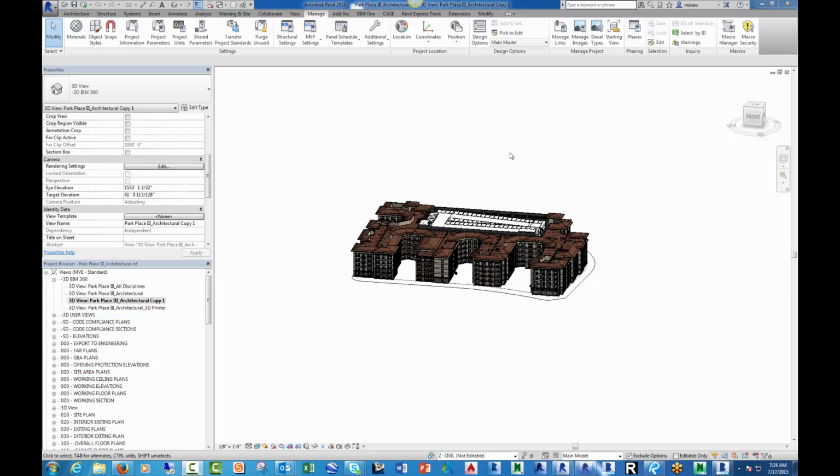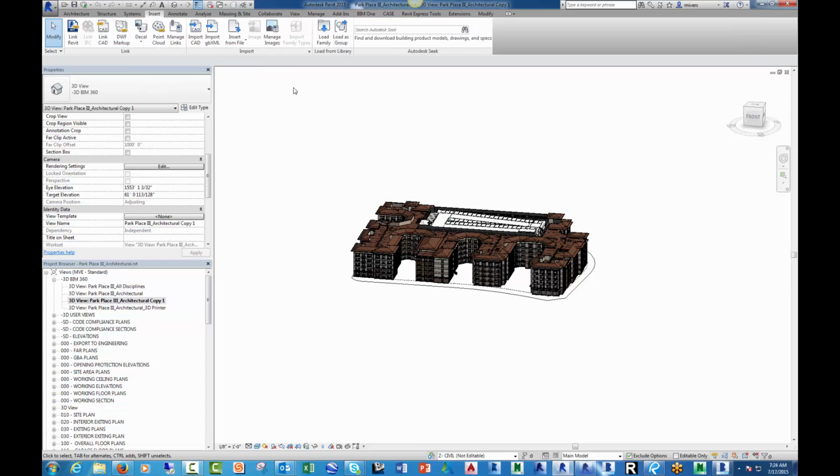Okay, so I'm going to go ahead and try to show that issue that I was talking to you about earlier during the meeting, as far as trying to bring in a Civil 3D file and how it doesn't show up by default when you bring it in as a Revit link. So I'm in an A360 project right now, Park Place 3, and if I go to Insert, Link Revit,